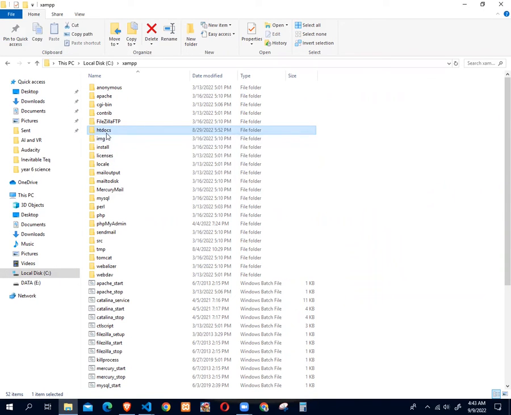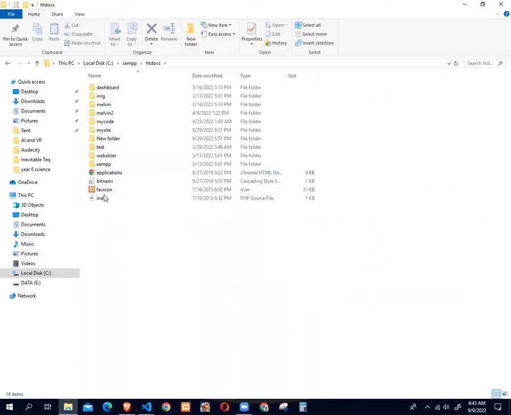So it's known as htdoc. So inside here, you can create a folder and give it a name. Because we are going to work on a simple web page, I'm going to call it test web. That is the name of my folder. So this is where I'm going to start creating my